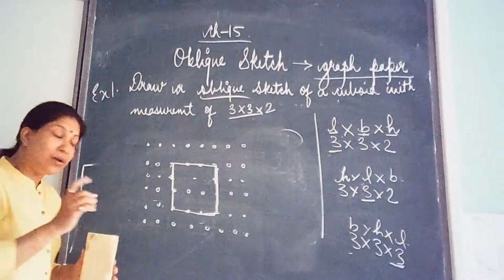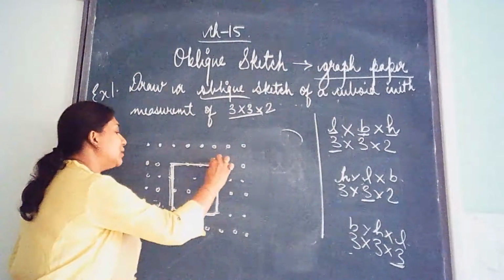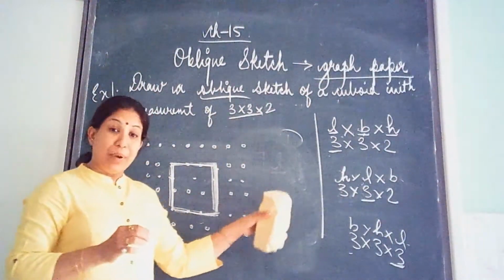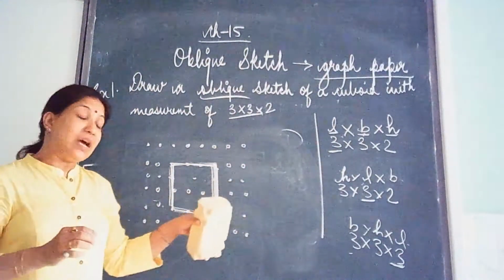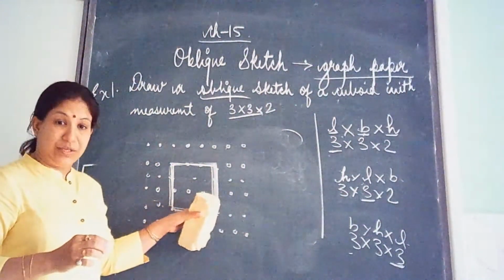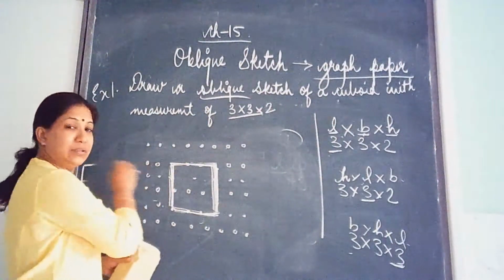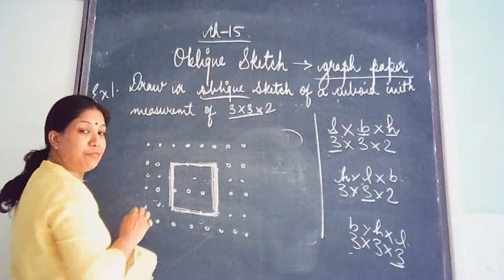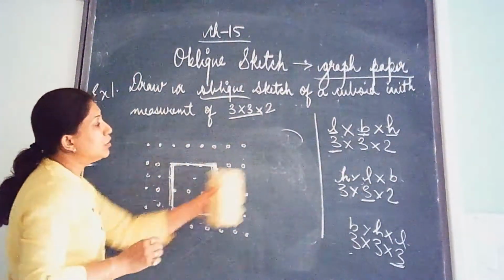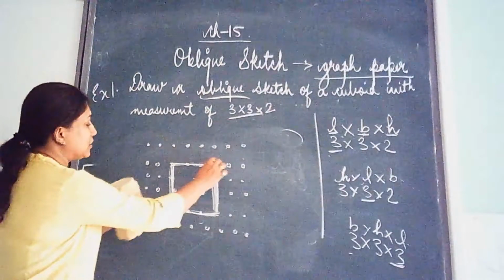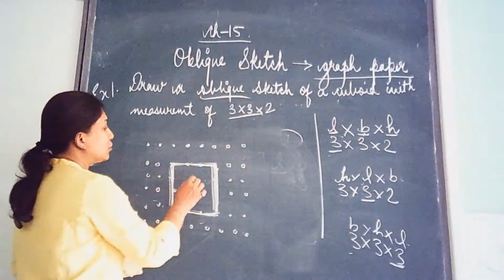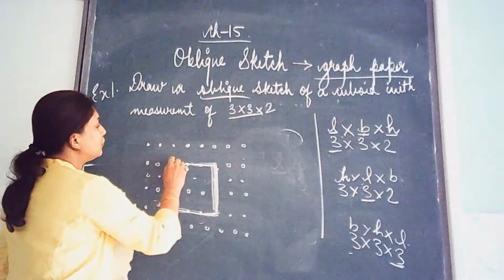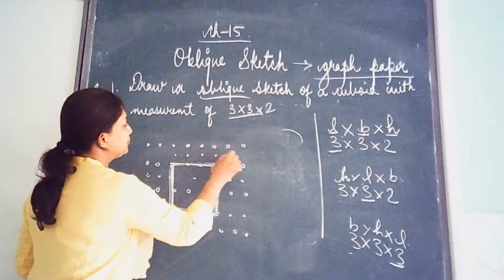I have drawn the front face. Only the front face. This is what we have done in oblique sketch also. But after that we drew the height. Same thing you do. There we were taking it backward, you take it here in forward direction. Now you want to draw another face. This is one face, second length and breadth. So you move, what is the height? 2. So you will move 2 dots.